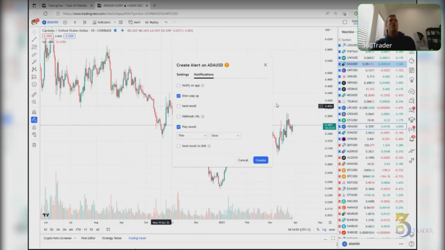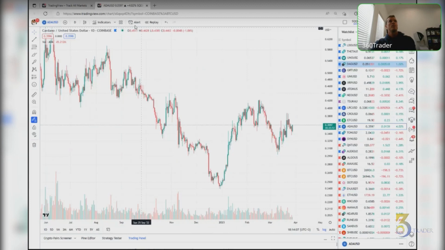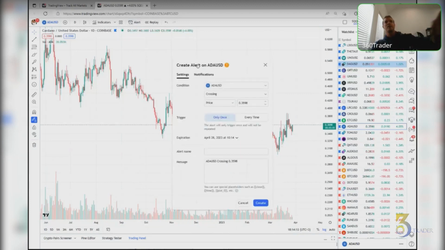You can set that all through here. It's very simple, right here on this alert at the very top. So this is very user friendly. You can even set when you want that alert to expire, and it'll notify you through your app or to your phone or to your email, whatever you want.